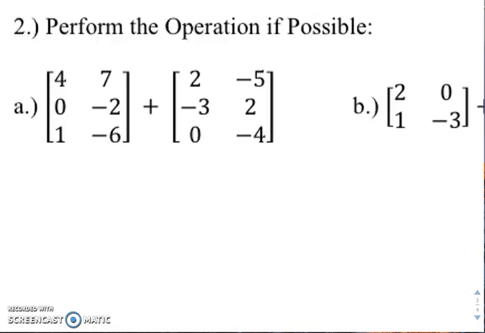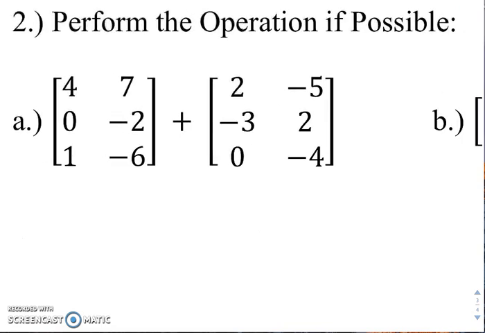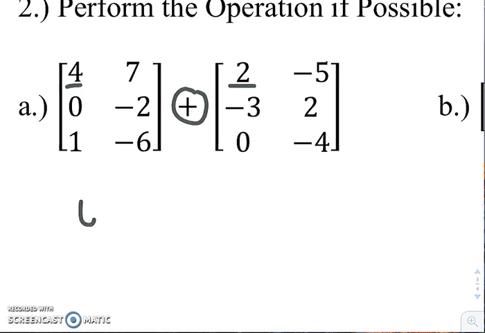So for A, if you're adding this 3 by 2 matrix with this 3 by 2 matrix, all you do is add. The first one will be 4 plus 2. So 4 plus 2 is 6. It doesn't matter if you go across first or if you go down first. It really doesn't matter. But then 7 plus negative 5